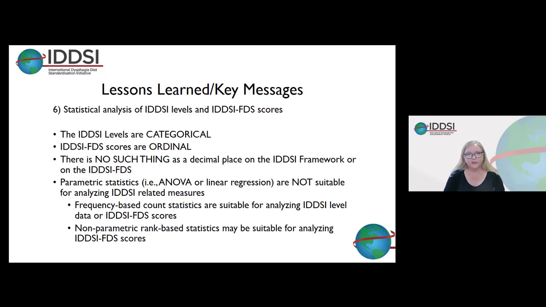The IDDSI functional diet scale scores can also be treated as categorical, but they are in fact ordinal, so that if you have one more level included in the range of textures on your diet, then you get a higher numeric score. But it's really important, both for the framework and for the IDDSI FDS, to recognize that there is no such thing as a decimal place. You can't assign somebody to level 3.5 on the IDDSI framework. It doesn't exist. And indeed, you can't really have an IDDSI functional diet scale score of 3.5 levels on the framework. So I would really strongly encourage you to treat these either as categorical or as ordinal variables